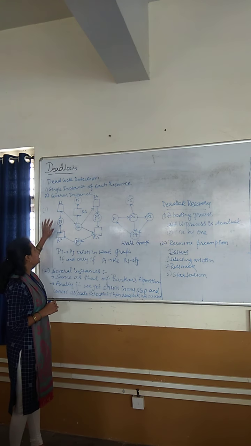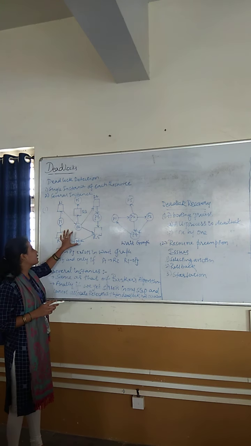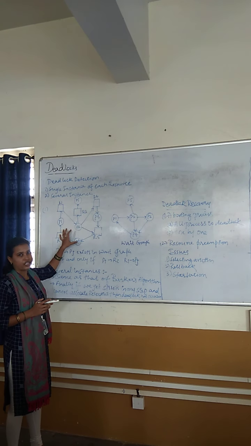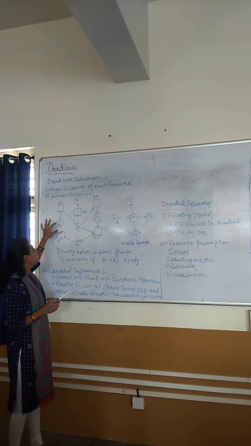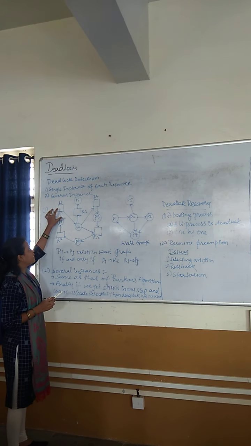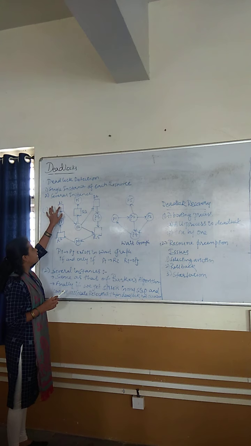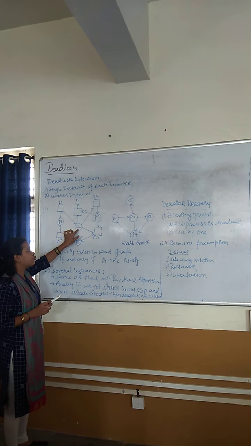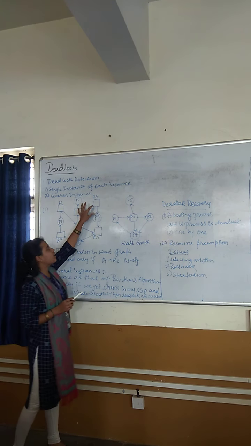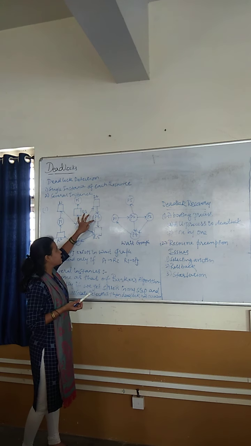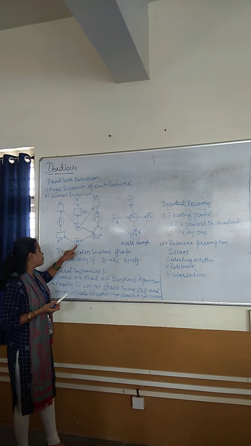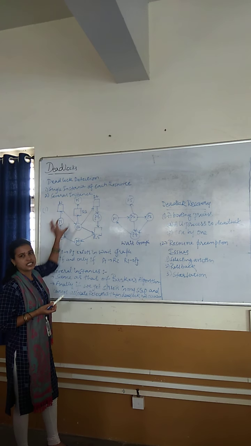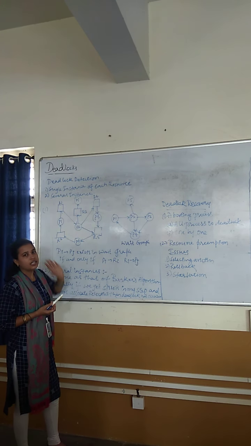In the single instance case, this is a resource allocation graph. Here you can see that process P1 is requesting R1, but R1 is held by P2. P2 is requesting R4, but R4 is held by P3. P3 is requesting R5, but R5 is held by P4. Like this, the resource allocation graph is given here.